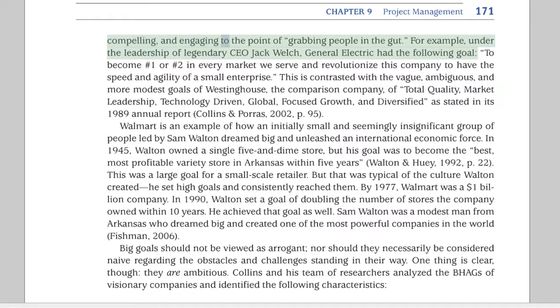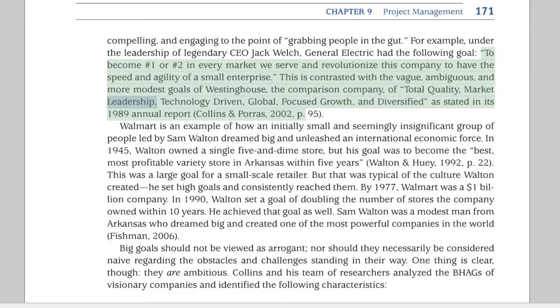compelling and engaging to the point of grabbing people in the gut. For example, under the leadership of legendary CEO Jack Welch, General Electric had the following goal: to become number one or number two in every market we serve and revolutionize this company to have the speed and agility of a small enterprise. This is contrasted with the vague, ambiguous, and more modest goals of Westinghouse, the comparison company, of total